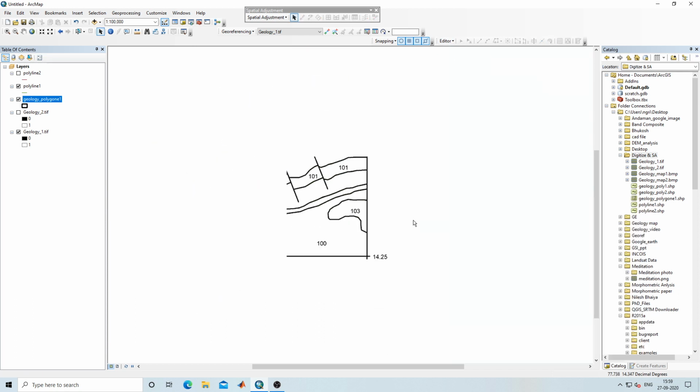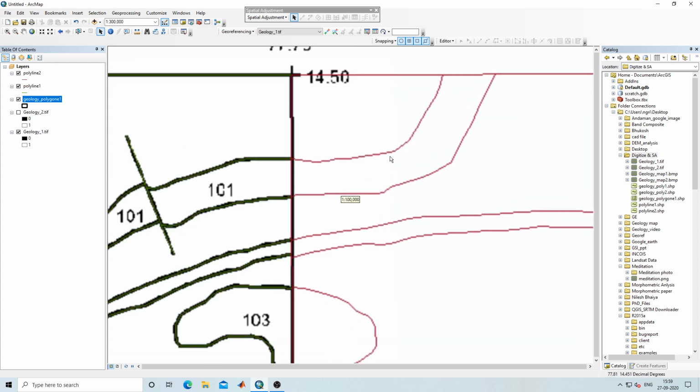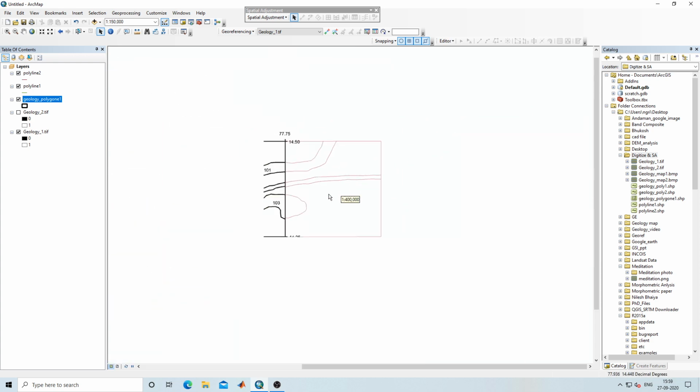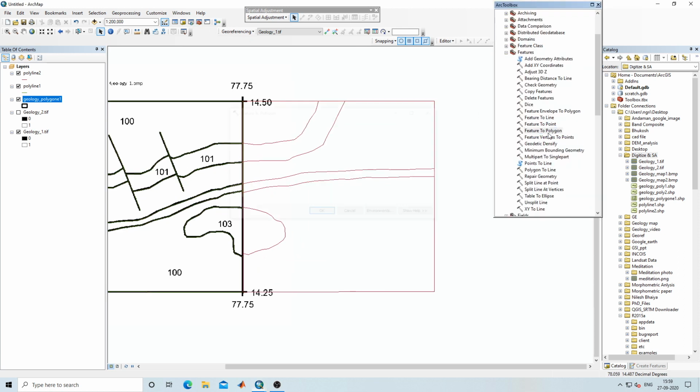So for map 2, for this polyline 2, we need to do the same process. Again we need to convert it into a polygon feature.